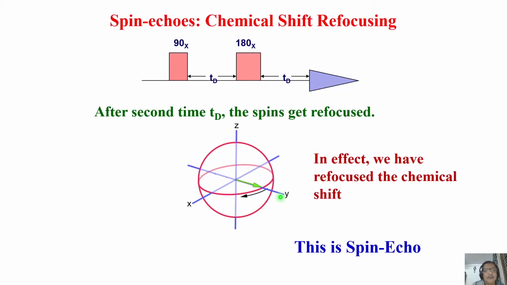And after some time, immediately I'll ask them to stop wherever they are. Then I apply a 180 pulse. 180 pulse means I will invert it. I will rotate the spin. So I will ask them to turn back. All the runners who are going there, wherever they are, they turn backwards. That is the effect of a 180 pulse. Now I will ask them to run back, continue to run.